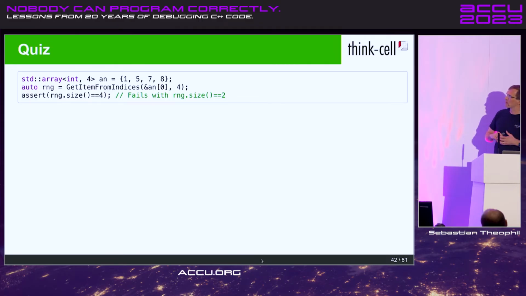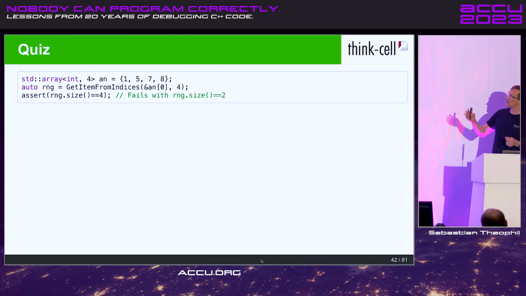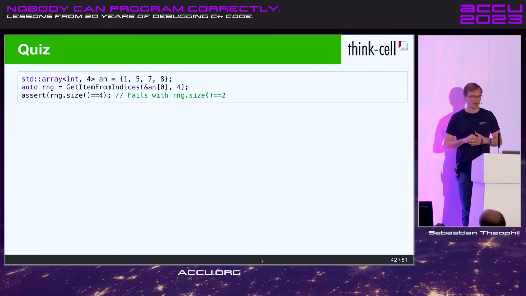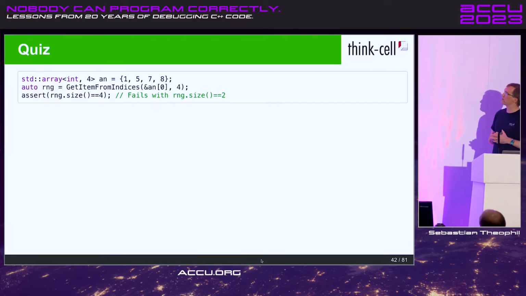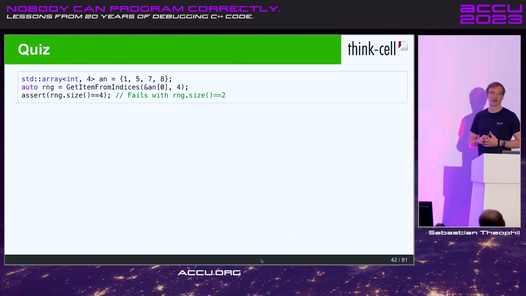So here, I have an array of integers, of indices. And I call some function, and I pass that array. And I want to have the actual items back. Items, whatever that might be. Now the problem is this function get item from indices, I don't have the source code for. It's some external library. And now that seems to have a bug because I pass it 4 indices. I only get 2 items back. That should not happen, it should be 4. Now I would like to debug that because I would like to write a good bug report. What do I do? How do I find out what the problem is? How would you proceed?